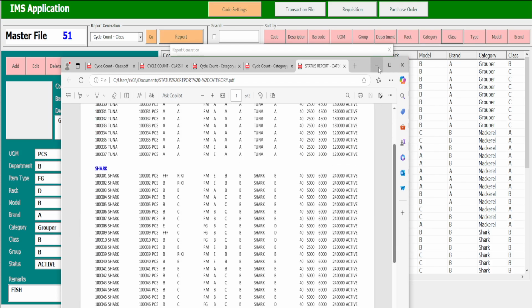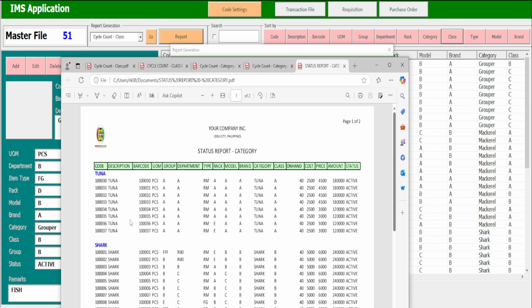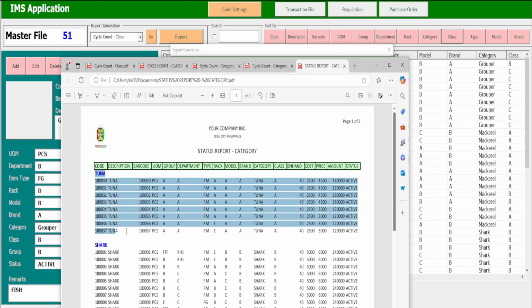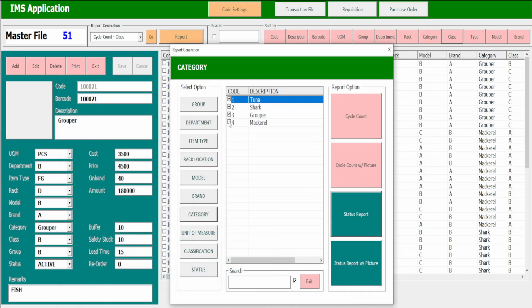So what if I want only tuna to be part of our cycle count? All I need is to select other information and select tuna, then proceed to cycle count with picture. For example, I want this report with picture.